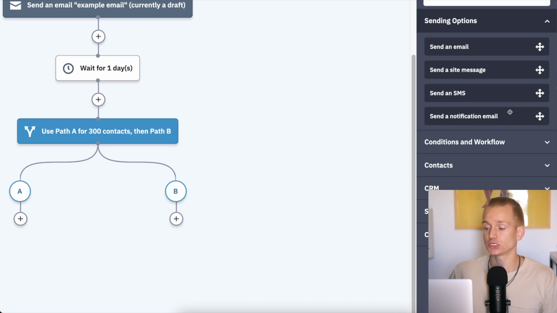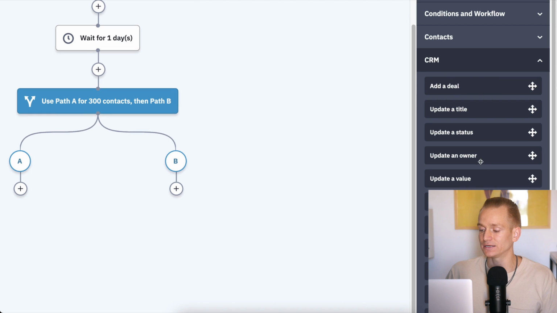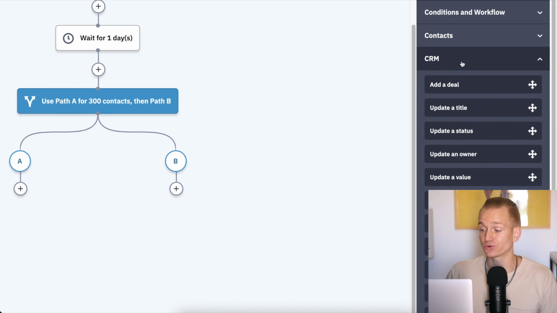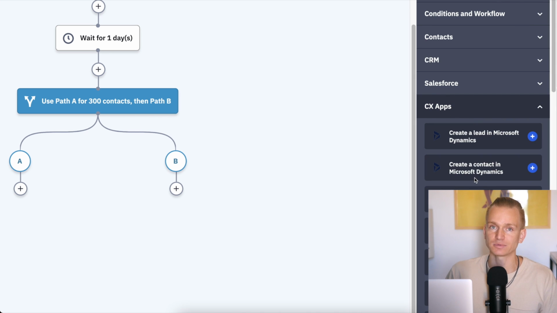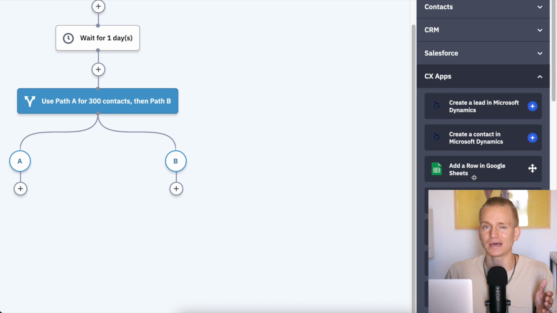One thing I will mention is that ActiveCampaign also has a CRM, so you can use CRM within their email marketing if that is something that you are interested in. And they also have all of these different apps. So if you're already using some apps and you want to connect them with your email marketing and very easily integrate them into your email marketing automations, you can do that with ActiveCampaign, and this is where it's super advanced.